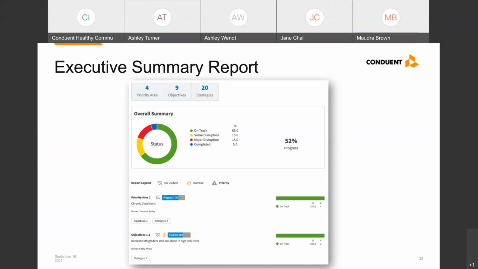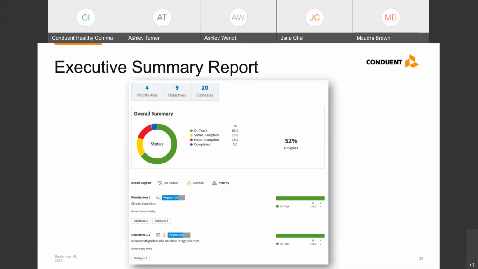The nice thing about a report like this, when using an online system, is that it can be pulled on demand. We've all been there when we've been asked to pull a report quickly, and so being able to create a report at the click of a button can save a lot of anxiety in those moments. I know I have certainly been there.